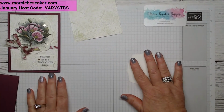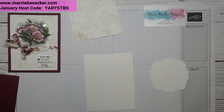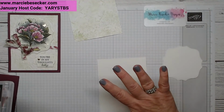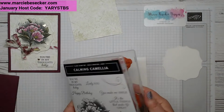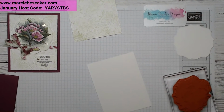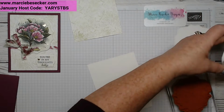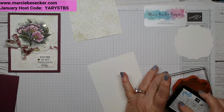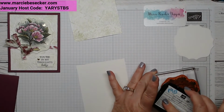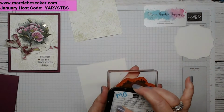The next thing we're going to do is we're going to bring this in with a piece here. And I think I'm going to bring, let's see, we are working with red rubber, so we don't really need anything. Oh, look, not in there. Here they are. All right, so I did black ink, and so the first thing we're going to do is I like to kind of rub it on there first, and then I'm just going to, oh, see, I'm shaking the table. Then I'm going to do this and get it all nice and inky,